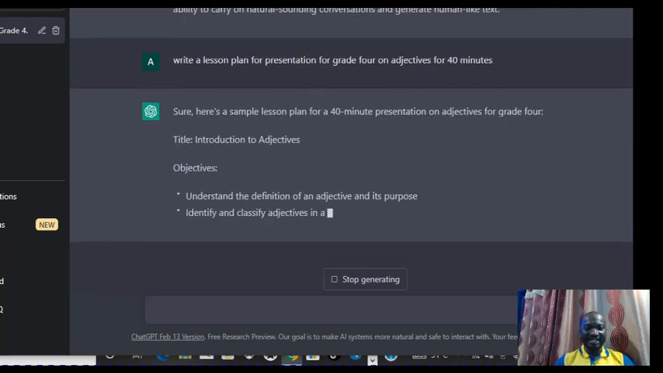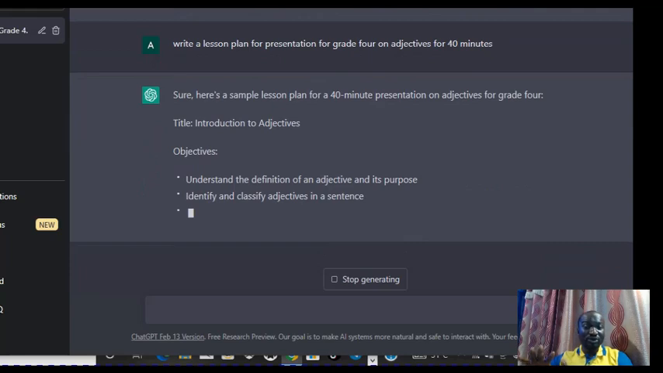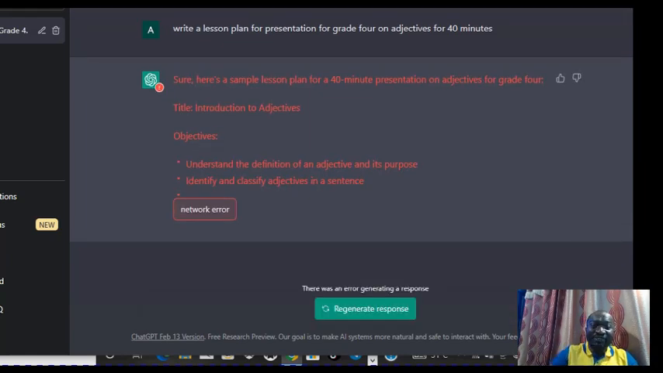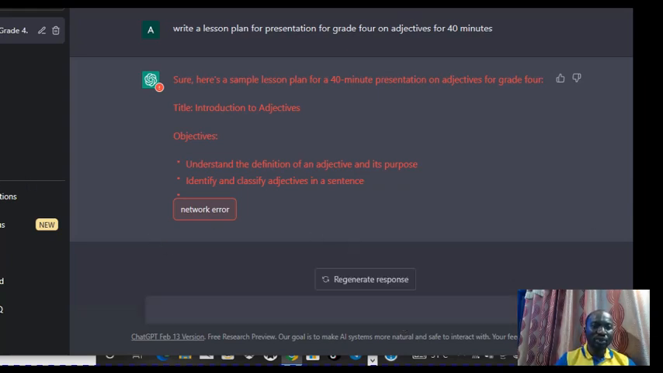Introduction to adjectives. That is, you give an introduction to the adjective. It goes to the objectives. What objectives are you going to set for that class? You instructed grade 4, so the AI understands grade 4. Sorry, we have a problem here. So let us go by